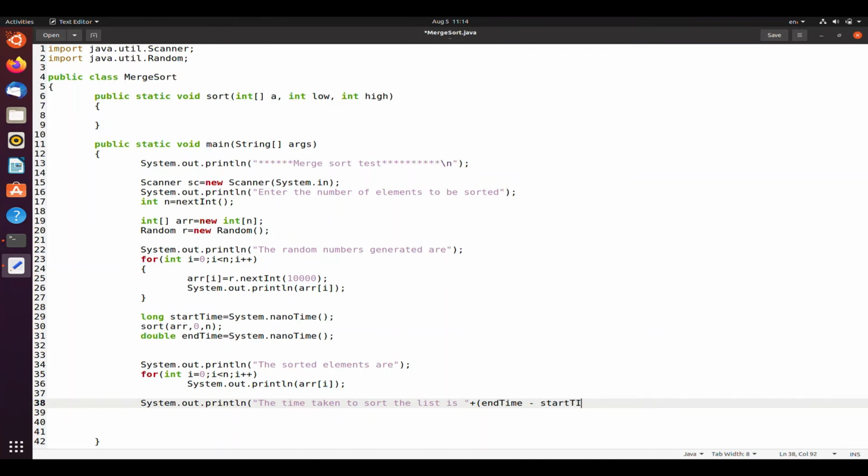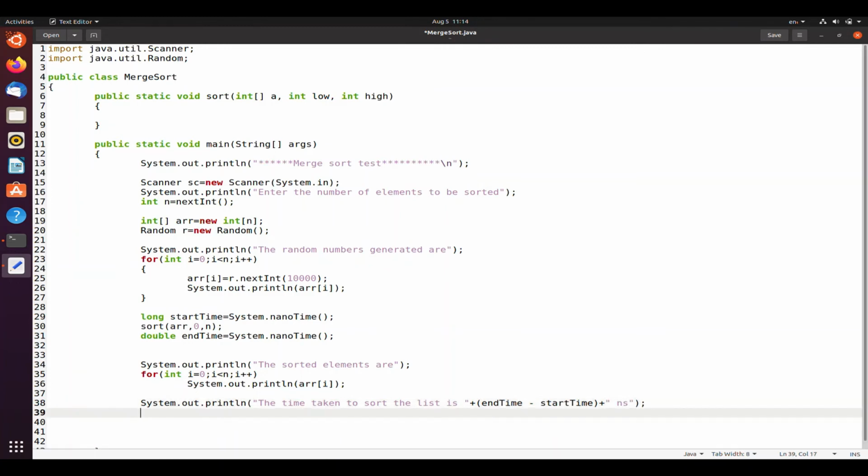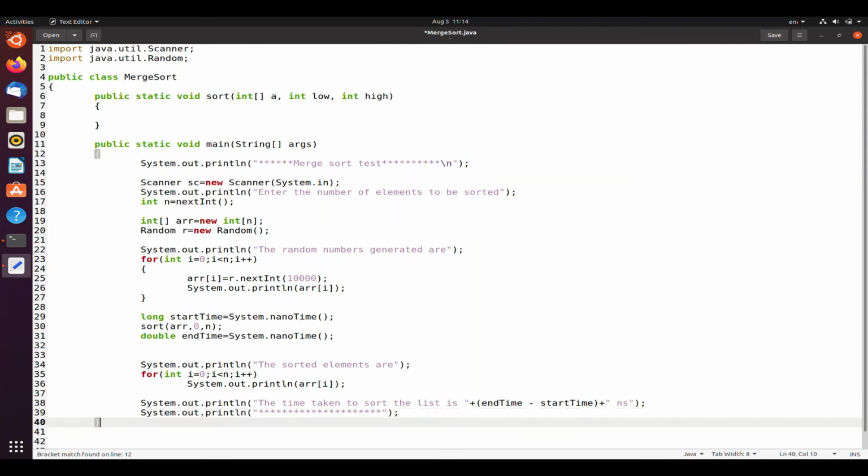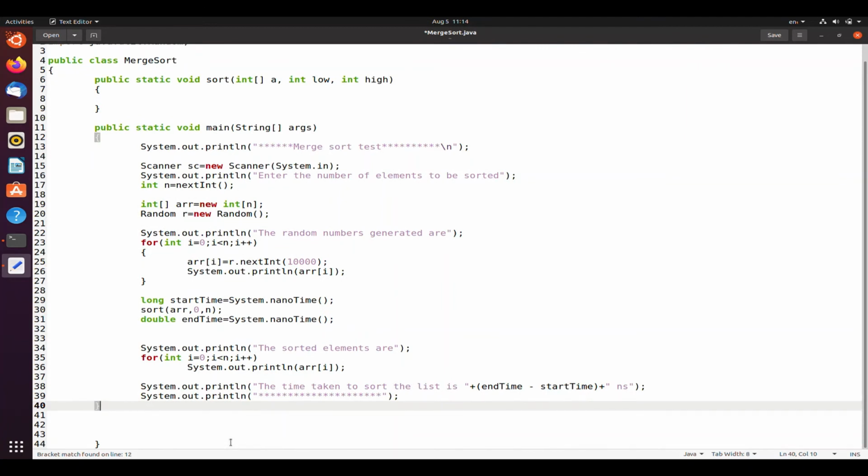So the metric will be nanoseconds, plus ns. That is our main method. So finally, read n elements, generate random numbers, sort it and print.